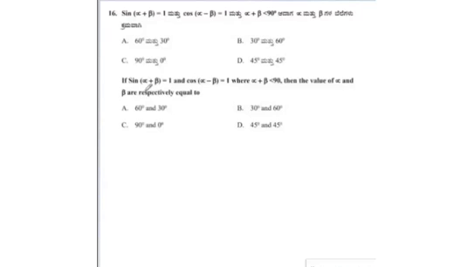Moving to 16th question, if sin alpha plus beta is equal to 1 and cos alpha minus beta is equal to 1, then find the value of alpha and beta. This is called alpha and this is called beta. We all know that in sine, one value is for 90 degrees, or sine 90 is 1, therefore alpha plus beta is equal to 90 degrees. Just now I told you, a trigonometric term followed by anything, the term or alphabet is an angle. Therefore alpha plus beta is an angle which is 90 degrees, because in sine 1 is the value for 90 degrees.